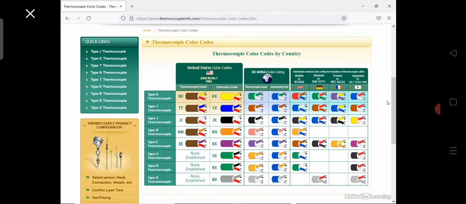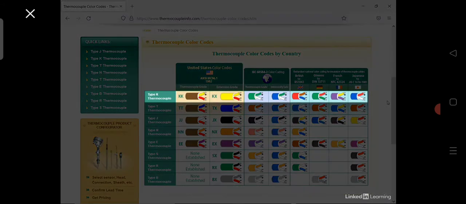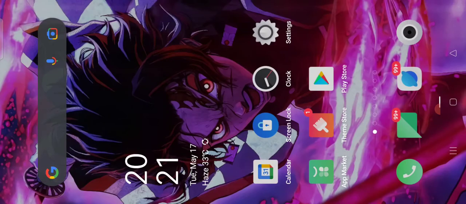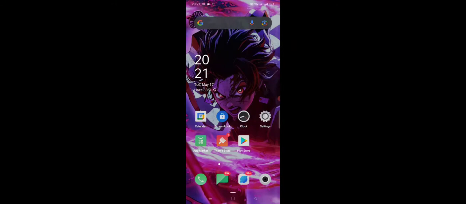So for the same K type, it shows here that it has different color combinations depending on where it's being used or manufactured. This table shows a summary of the leads color codes, as well as the different metals for each lead of the thermocouples. For example, for the K type,